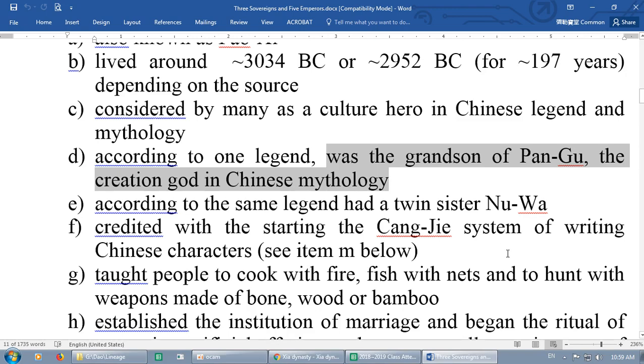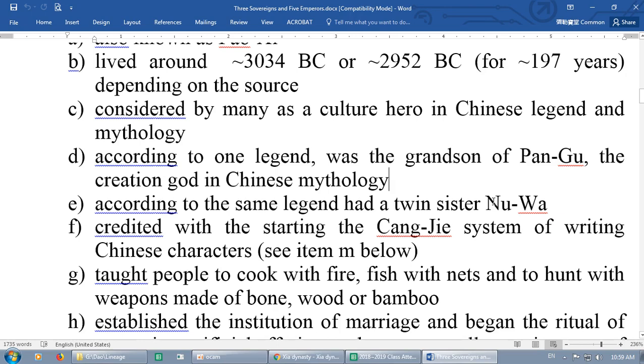Now, see, this is really talking about mythology. Pangu was considered the creation deity in Chinese mythology. This deity, non-human or semi-human, a semi-god, a demigod, they call it, was the one who created heaven and earth. Supposedly, once he stood up, he basically separated heaven and earth. And when he, quote unquote, died, his body turned into the earth, the mountains, the rivers, et cetera. That's the story.